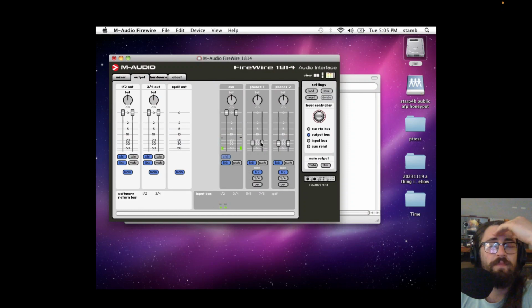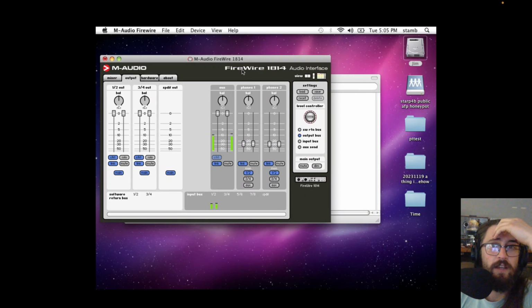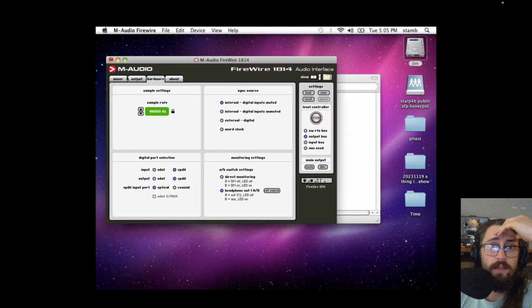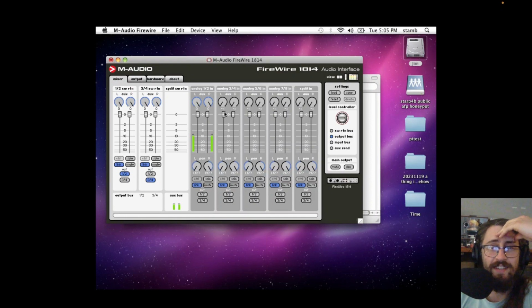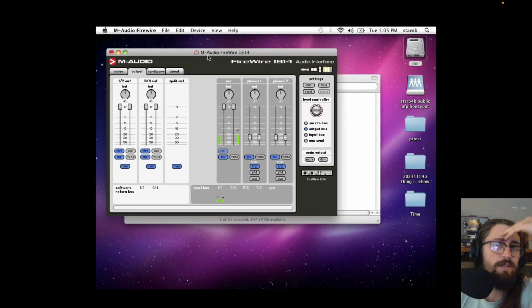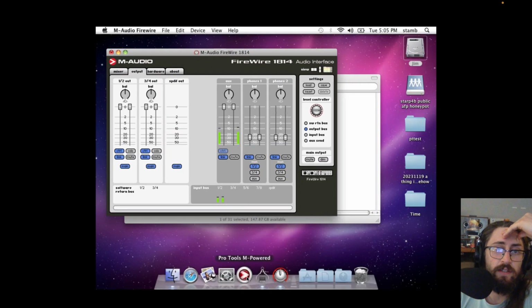I don't know. But yeah, this is a little audio interface that hooks up via Firewire. Like I was saying, it has some inputs. It's got a couple outputs, and so I've got it looped in here, and the specs on it are pretty darn good for what it is. This is sort of like your entry-level unit if you wanted to get into Pro Tools. So I'm kind of burying the lead here, where we've got Pro Tools on here.